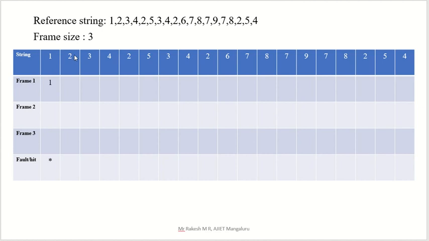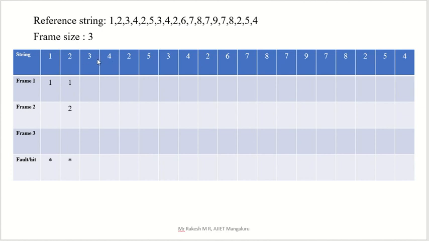Next one the CPU is asking for is 2. Is there any entry of 2 here? No, right? Initially we have only 1, so next we have to enter 2. That means 2 is not there in your main memory, so we have to take it from secondary memory. So that is also a page fault. So 1, 2. I will continue like this from left to right. 1, 2. This is also a page fault, so I wrote a star here.